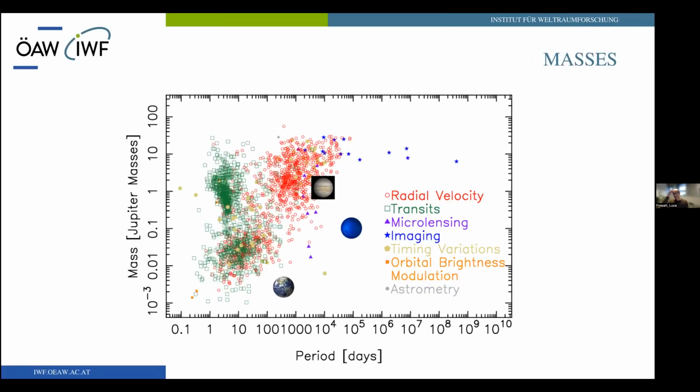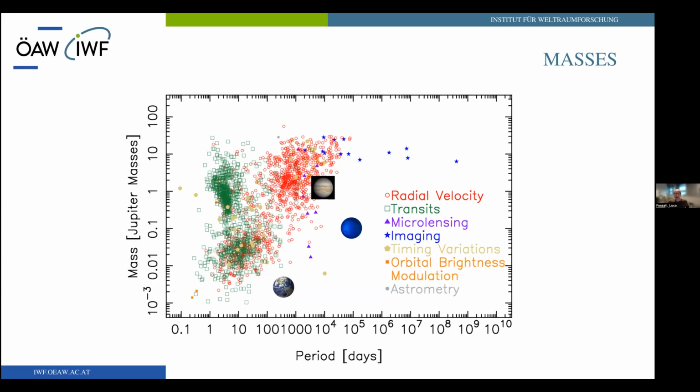Now let's look at what we know so far. So this is a very simple plot that shows the orbital period of the planets known to date on the x-axis, and the mass of the planet on the y-axis in Jupiter masses. And you see where the Earth, Neptune, and Jupiter are essentially located within this plot, and you see different